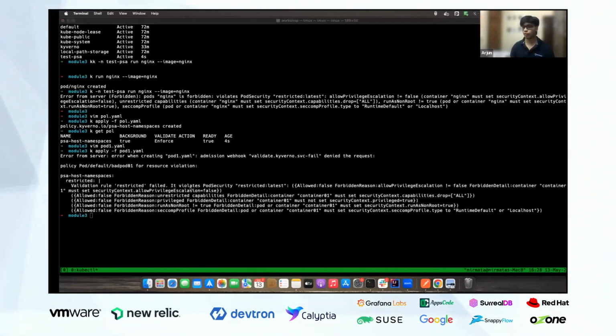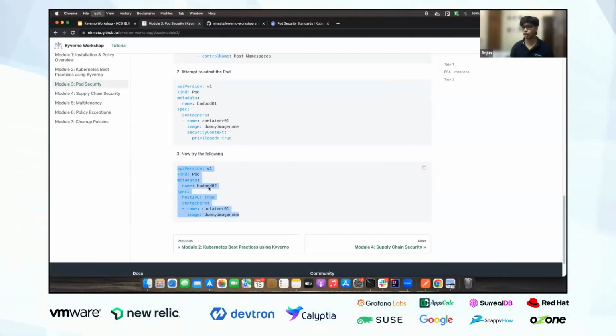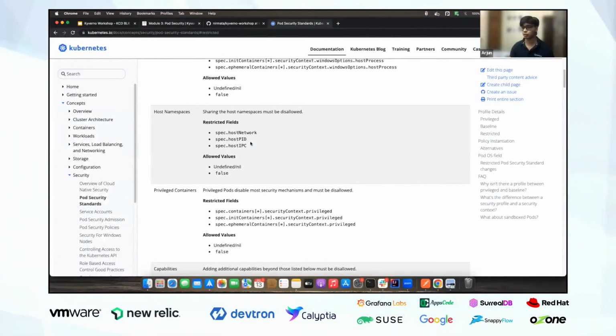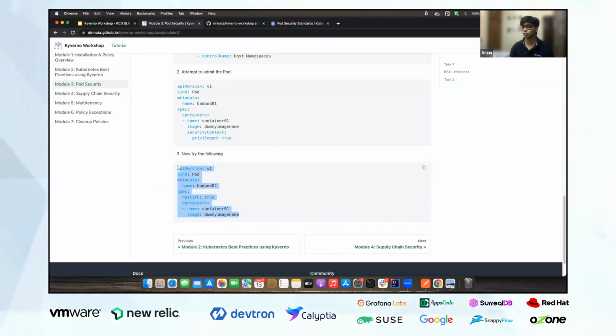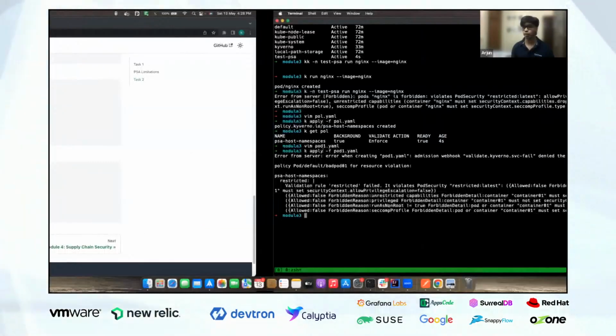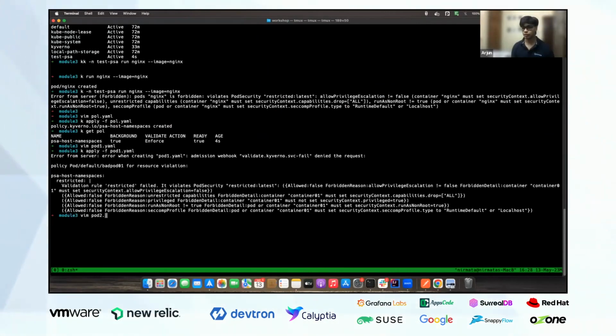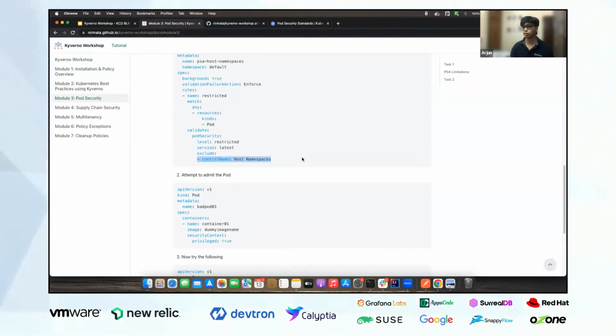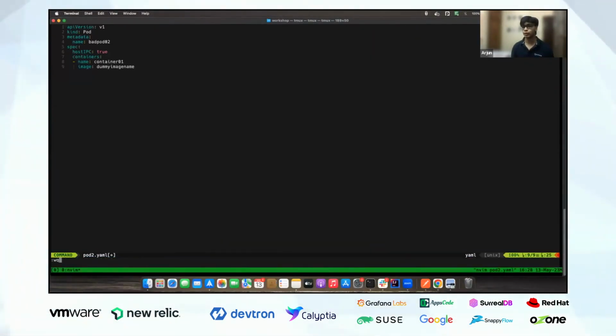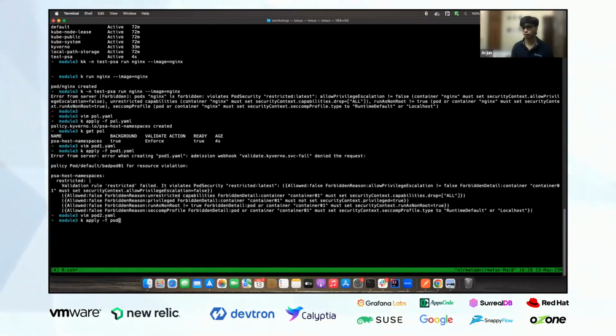But when I have a similar pod, however, I'm now looking for hostIPC true, which is this one. As part of the baseline policy itself, we don't want the host namespace, or we don't want the host IPC to be set to true. But this pod you'll see would be able to go in, and that's because I had done this exclusion here, right? We excluded this control. So if I apply this pod now,